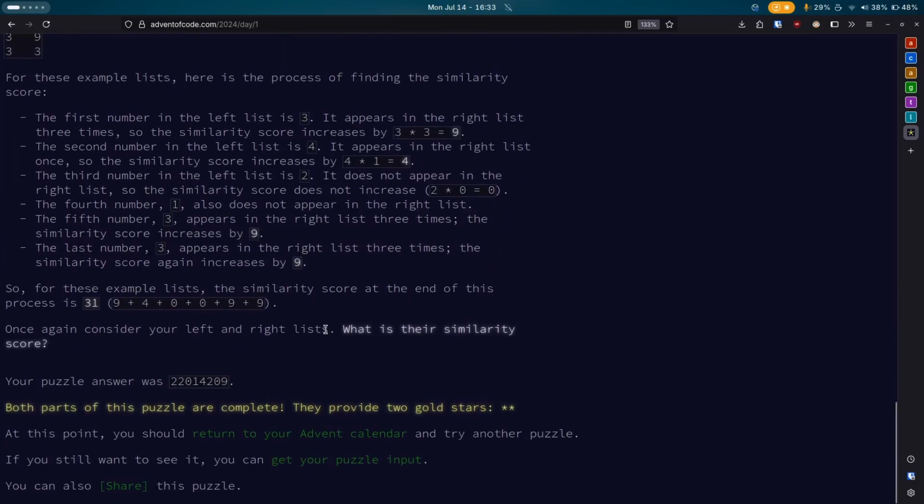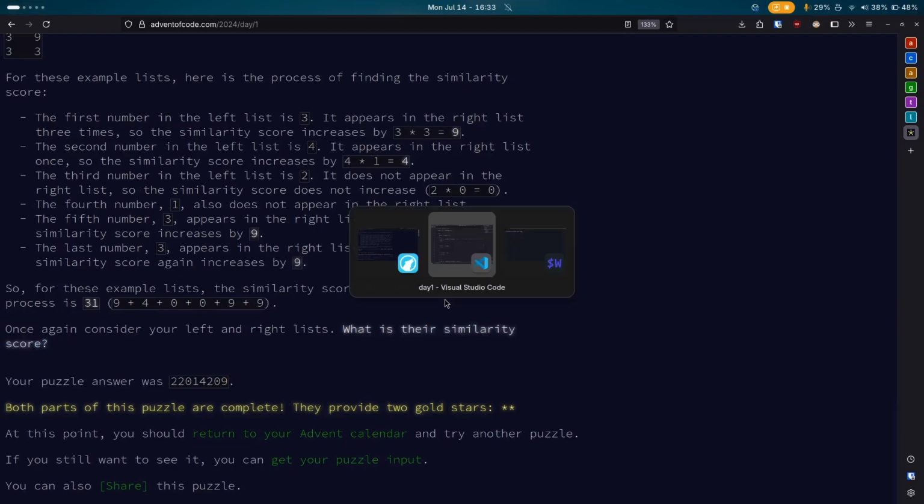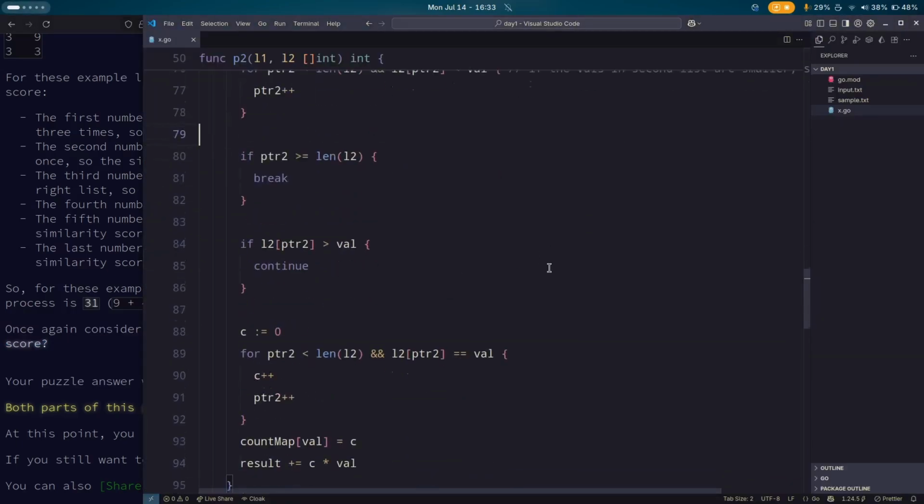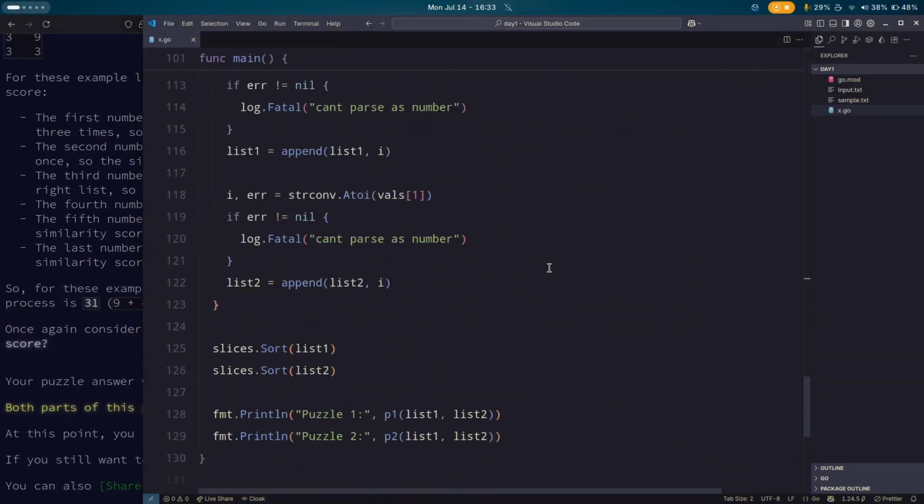You can do this stuff, and eventually we'll calculate the similarity score, and then you add them all up, and then you can submit the puzzle answer, which will give you 2 stars. That was it for the